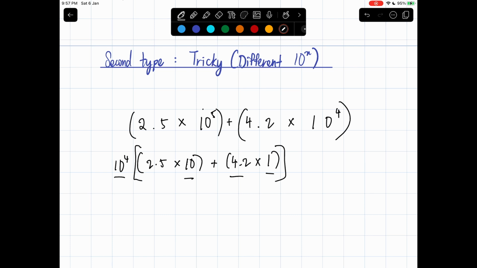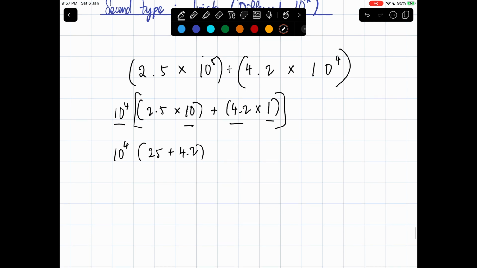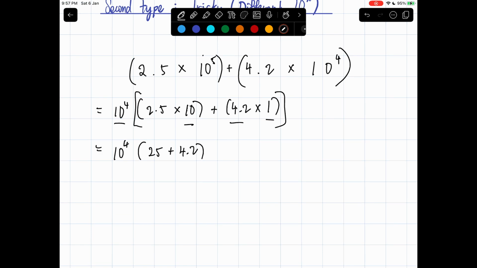And then what I would do is I would solve this. 2.5 times 10, you will get 25. So we'll get 25 plus 4.2 times 1 is 4.2. So we will get 25 plus 4.2, which is solvable. So 10 to the power of 4. 25 plus 4.2, you will get the answer 29.2, which can be written as 29.2 times 10 to the power